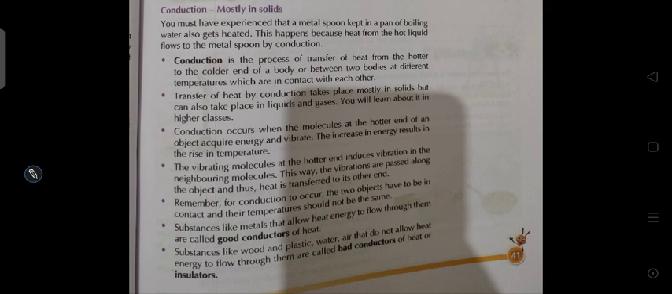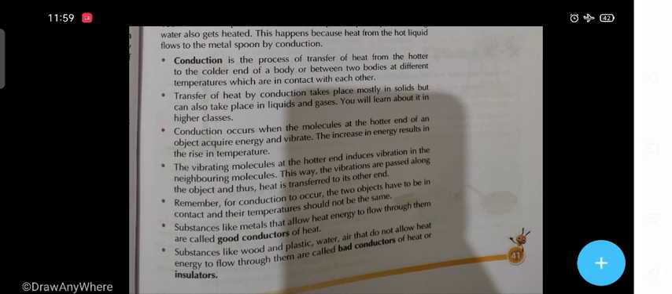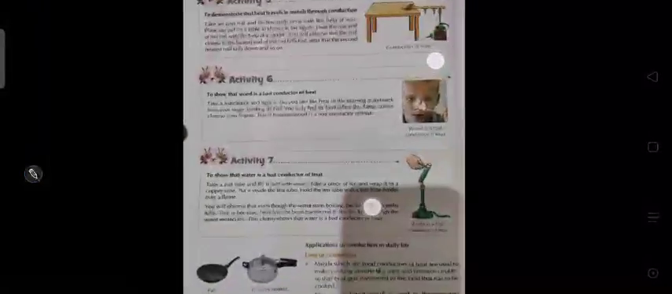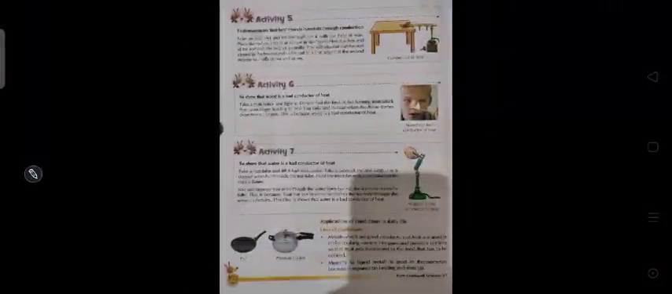And mostly the metals are good conductors because they allow heat transfer, and the substances which do not allow heat to transfer are called bad conductors, and are called what? Insulator. Second thing,